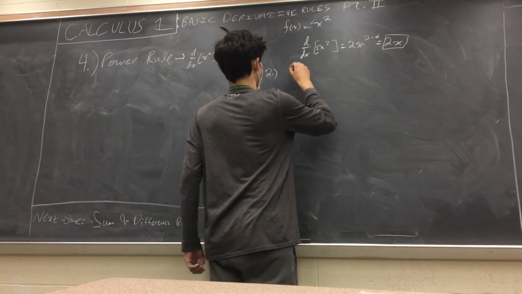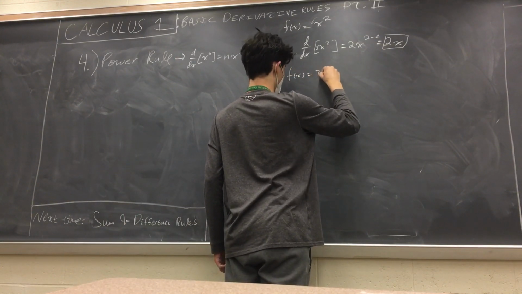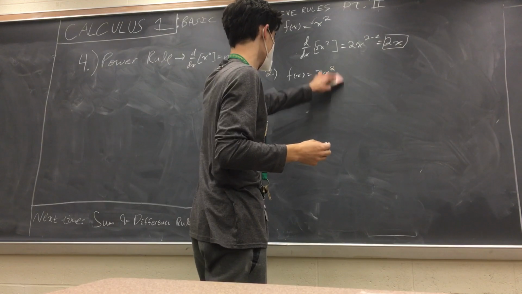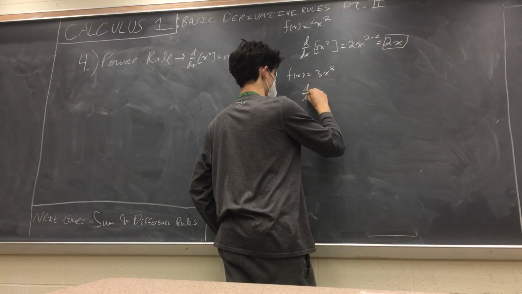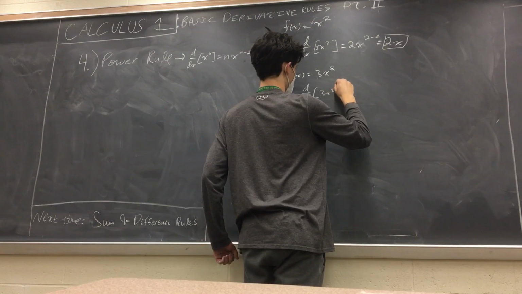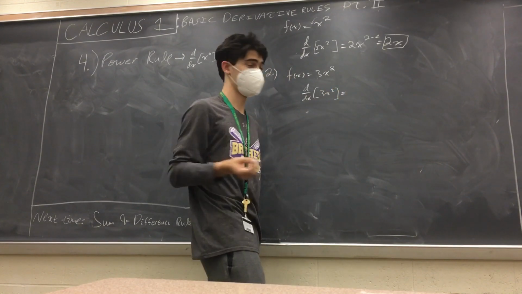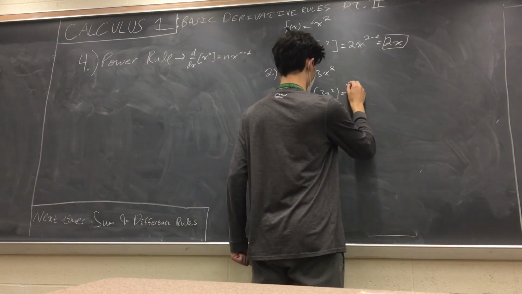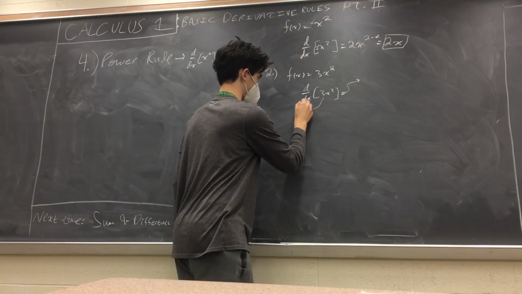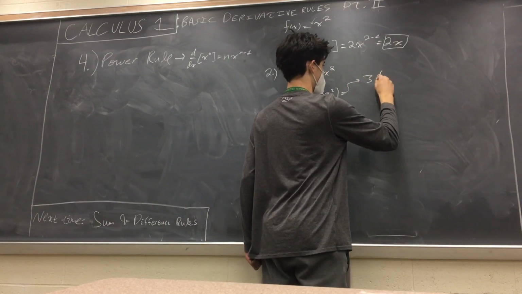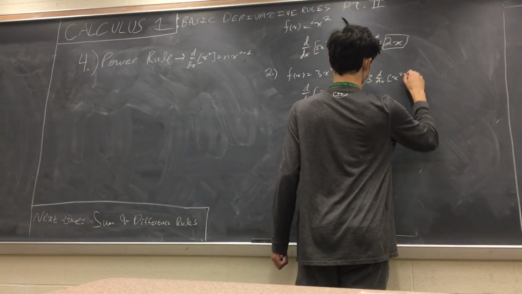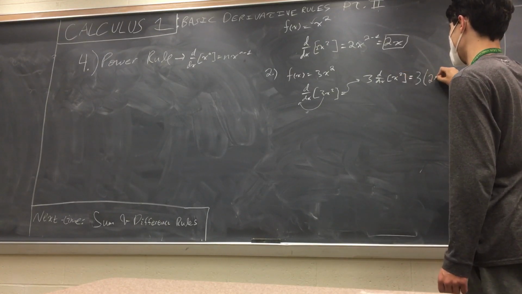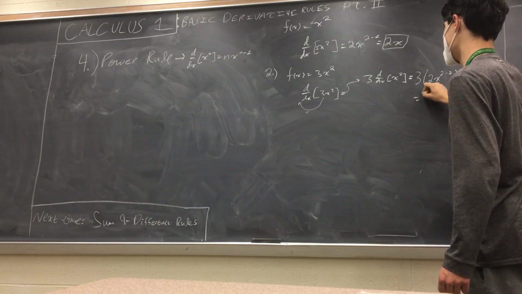So let's do another example. Say f of x is equal to 3x squared this time. So we can say that the derivative of 3x squared is equal to, now there's a couple ways you can do this. The first way is you apply the constant multiple rule, which states that you can move a constant out to the front, and you get 3 times the derivative of x squared, which is 3 times 2x to the 2 minus 1,